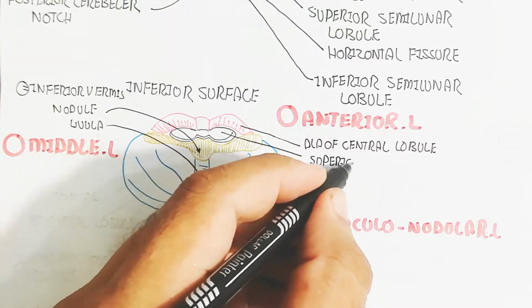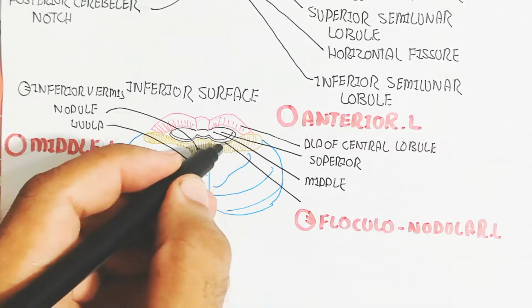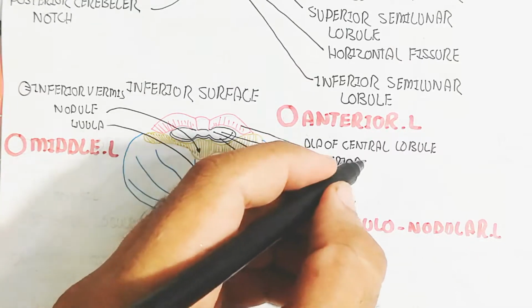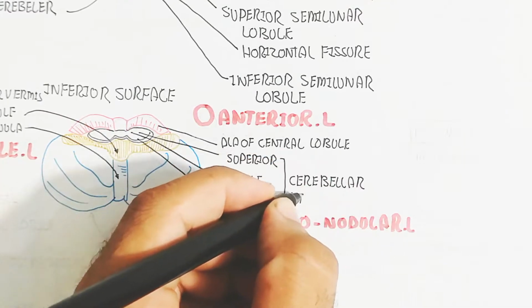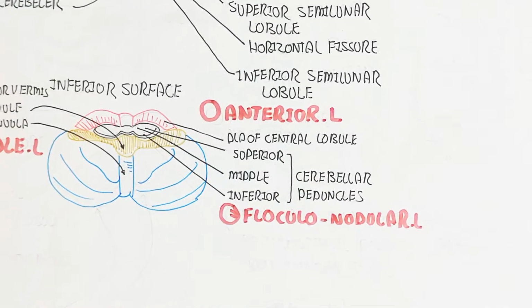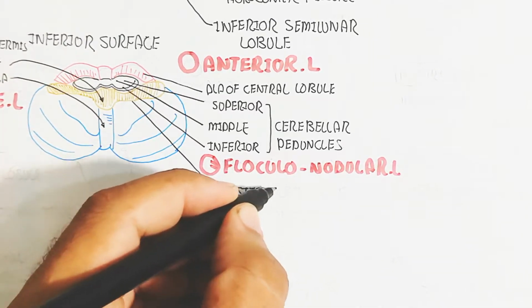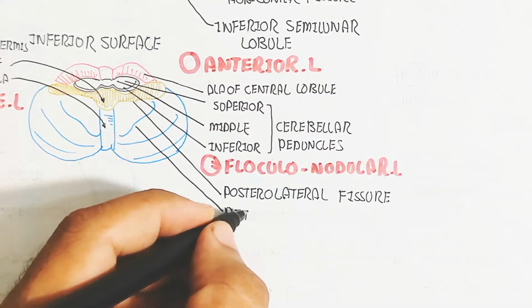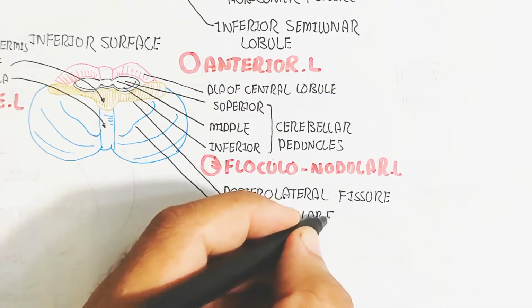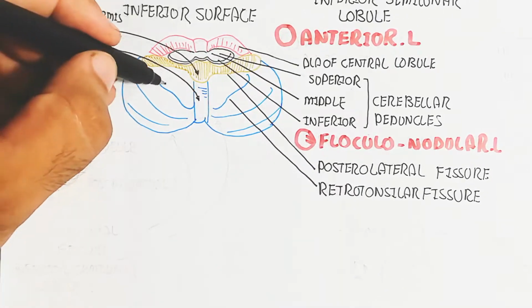The anterior lobe contains the ala of the central lobule, and the superior, middle and inferior parts, which is the cerebellar peduncle. The cerebellar peduncle contains three parts: the superior, middle and inferior, which are attached to the brain. Remember, on the other hand, here you can see the folliculonodular lobe, which contains the posterolateral fissure and